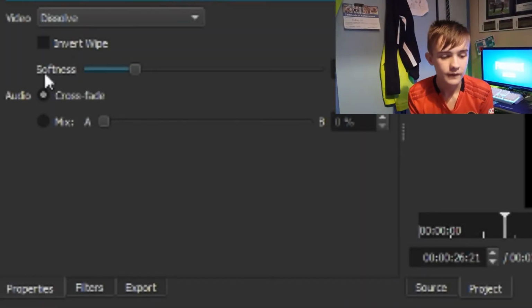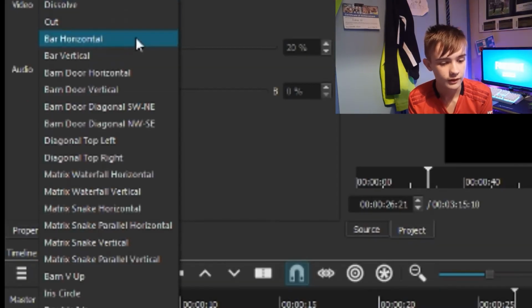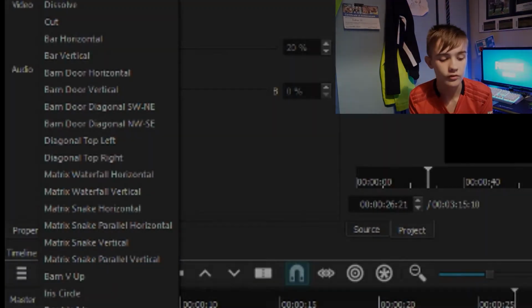properties, and then you will see video, it will say dissolve up here, it will say transition. You want to click that, and then you got a list of transitions. Now you also